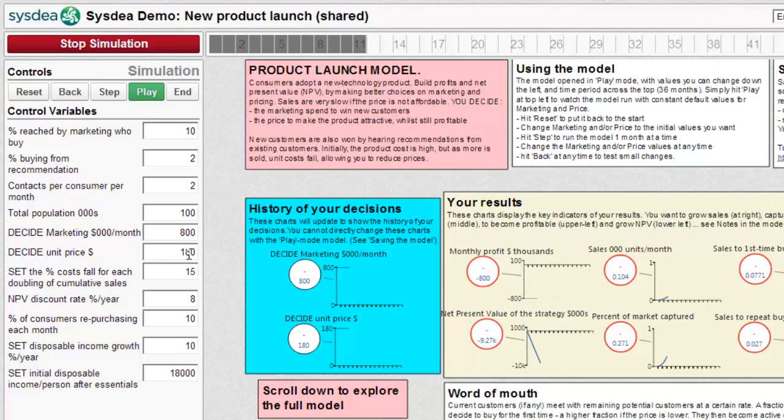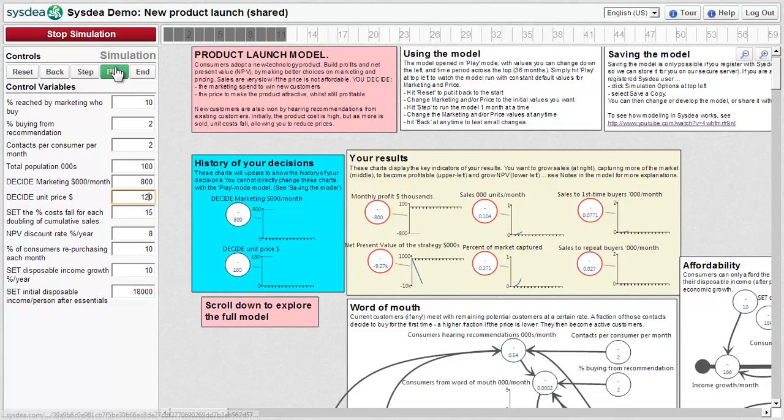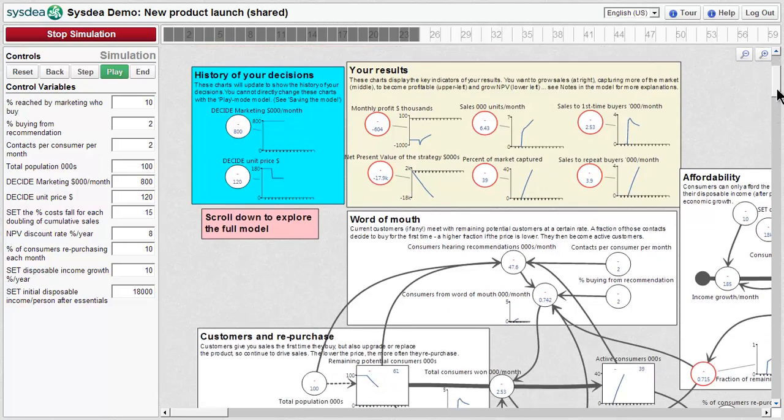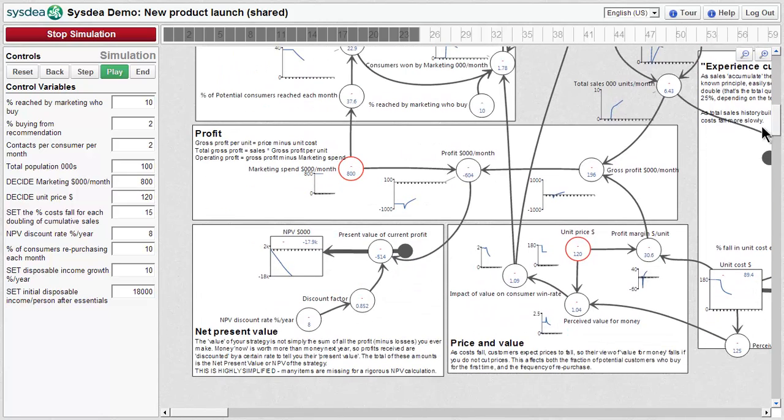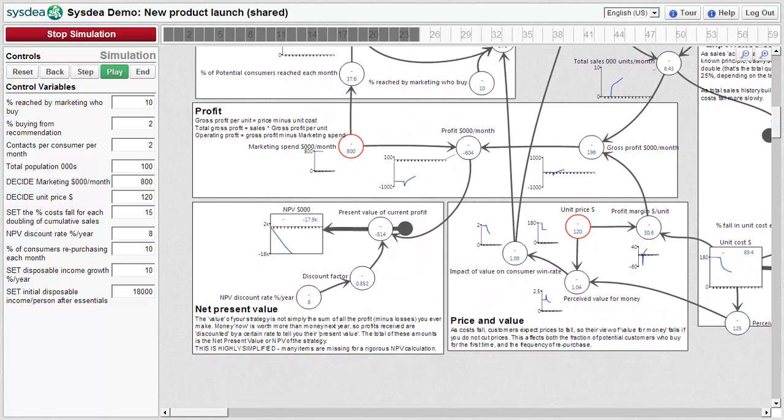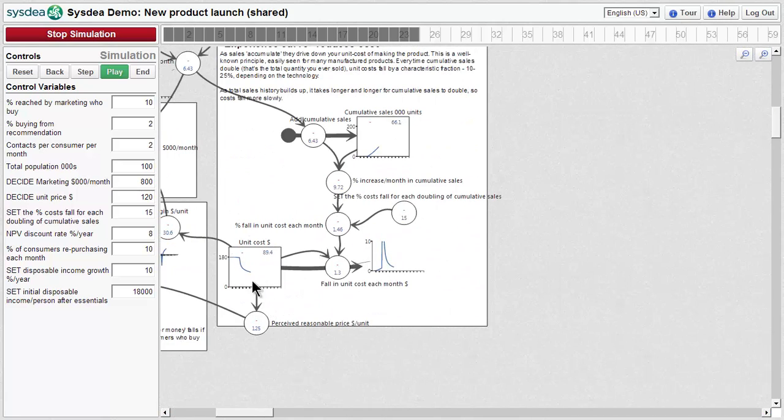So maybe I need to start getting some sales, and I could do that maybe by cutting the price. Let me cut the price to 120. Play that out maybe to month 24, and yeah, I'm still losing money, but my sales are now increasing. And if I look a little bit further down in the model itself, I can see that my potential customer base is being developed. They are moving across and becoming active consumers. If I look further down still, I can see that growth in sales is driving down the unit cost of this product, and the unit cost now is only